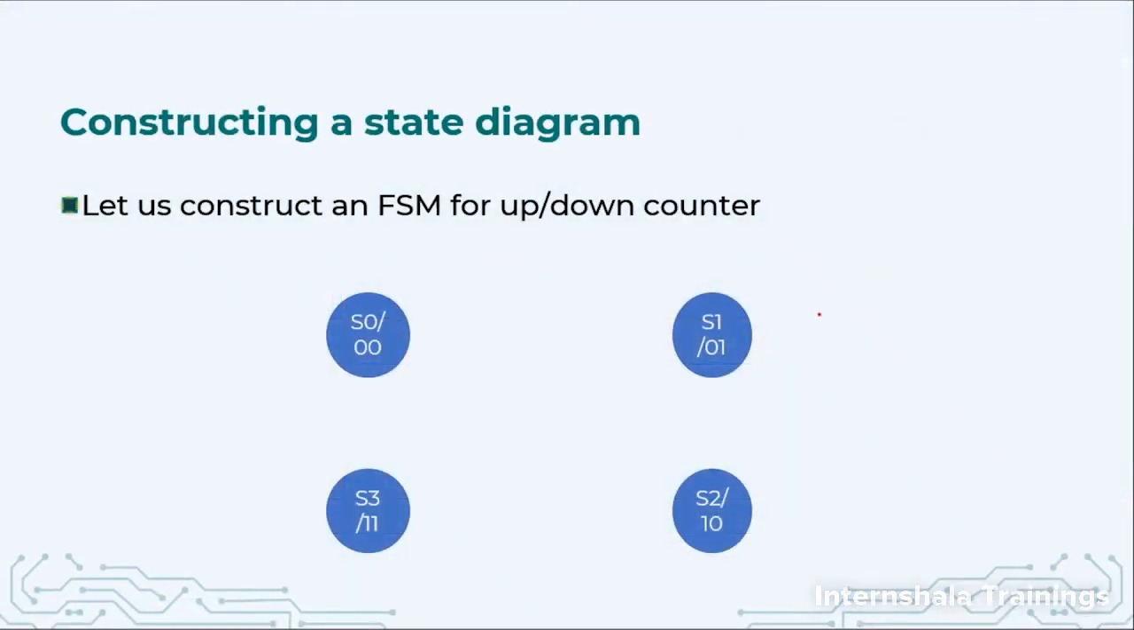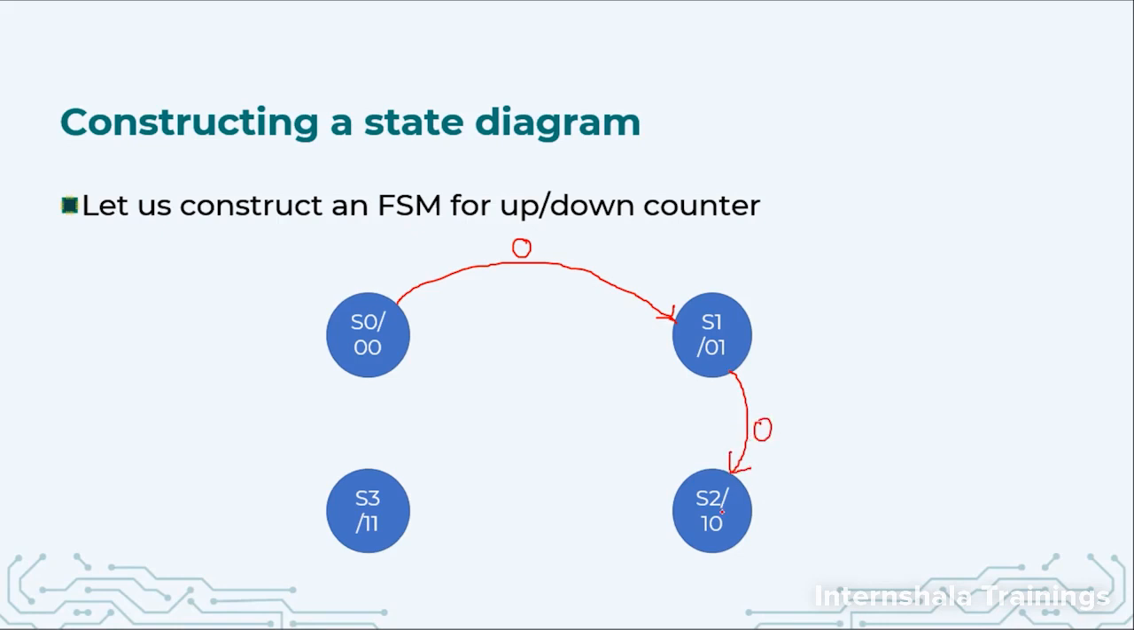Now let us construct it. We have S0, S1, S2 and S3. Outputs are written inside the state names because it is a Moore machine. So we say if the input is 0, then we go to S1. We don't need to write a slash and output because the output is already written inside the state name. From S1, if input is 0, then we go to S2. From S2, if the input is 0, we go to S3, and from S3, if the input is 0, we